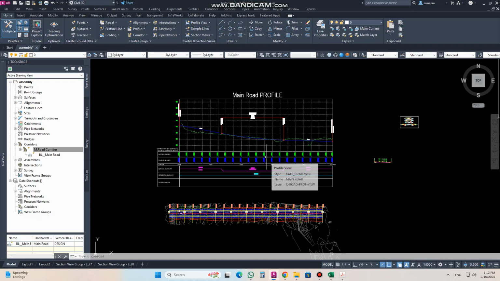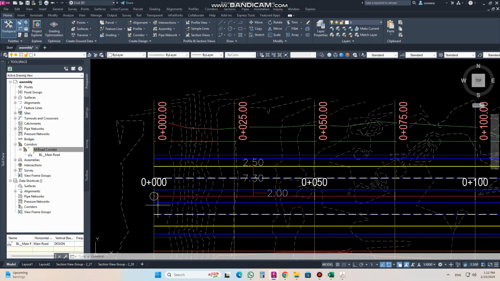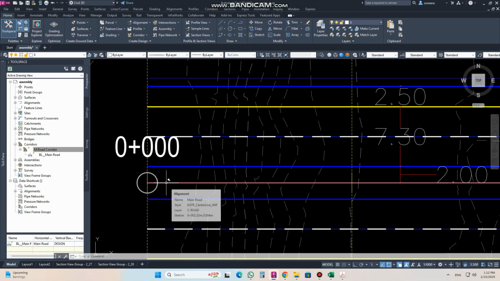Continuing to our Civil 3D class. Today's video is about how to incorporate several Civil 3D design profiles into a single profile. Now, for that we must know, this is our main alignment